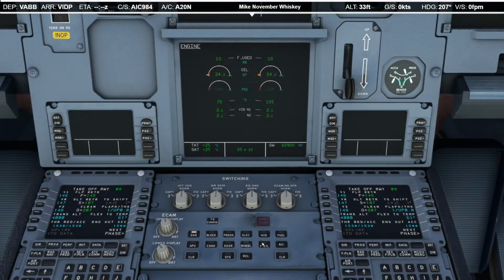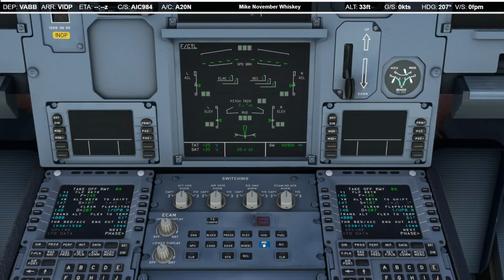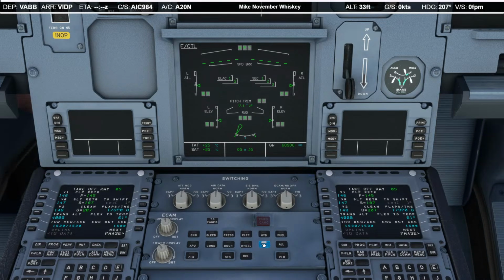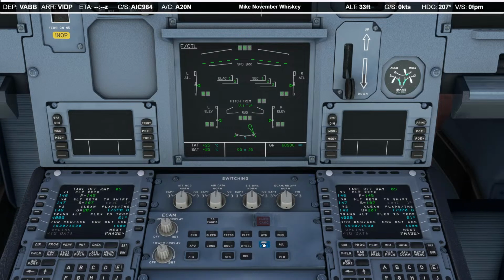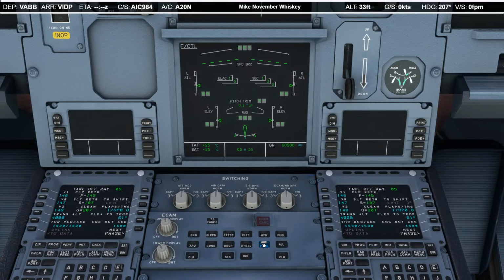Let's get this flight controls here. Pitch trim, we're going to go up. Oh, up 0.8. Beautiful. And while we're here, we'll just get our flight control test out of the way. Full left, full right, neutral, full down, full up, neutral, disconnect rudder from the nose wheel, full left, full right, neutral. Nooch, as they say. Alright.